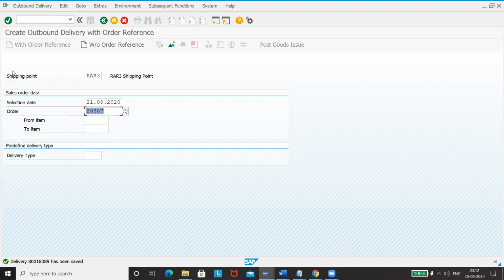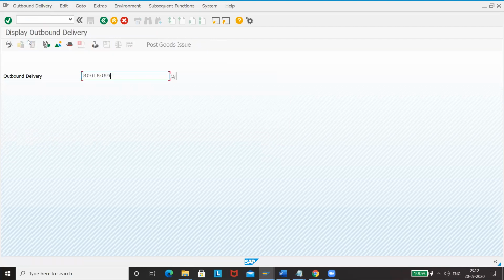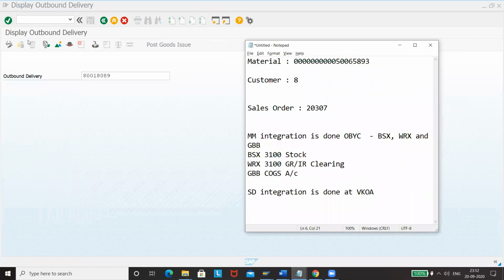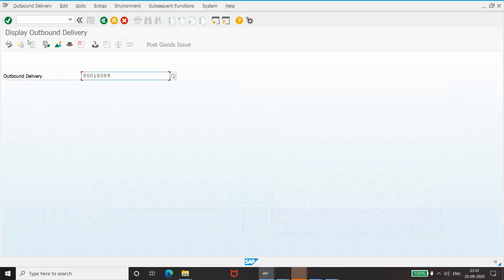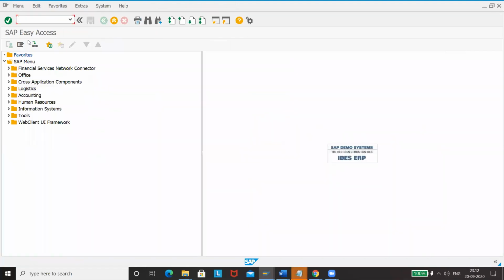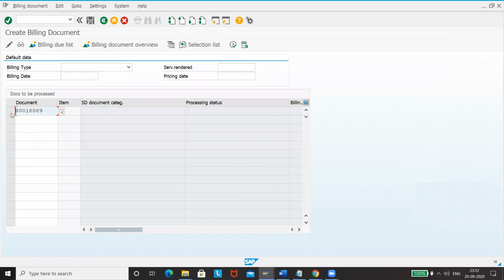Now, since the delivery is done, we'll see the delivery number first. This is the delivery. So what do we do after delivery? We will invoice. So this is the delivery. Now VF01. You have to just do this, then save.